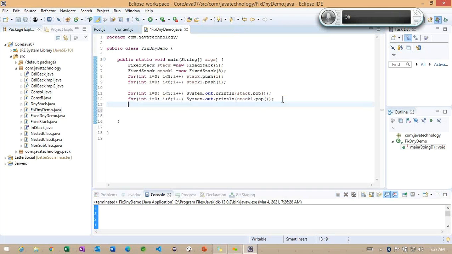In the same way, now I'm going to work with the dynamic stack here. The fixed stack we identified, now how we can work with the dynamic stack. Initially, the same, I'm going to create something called 5.